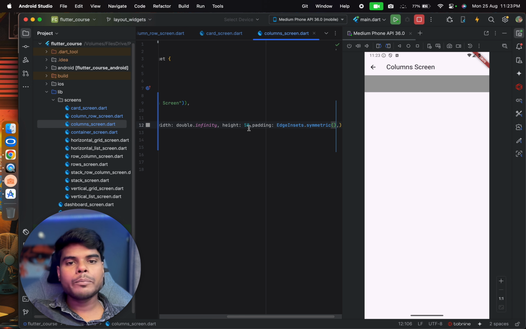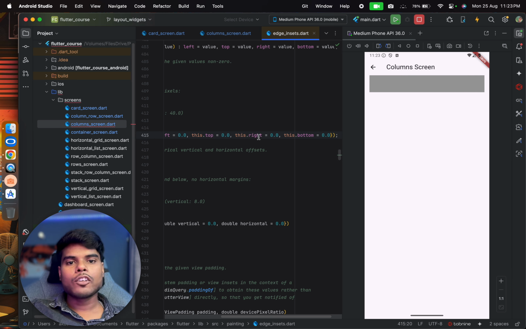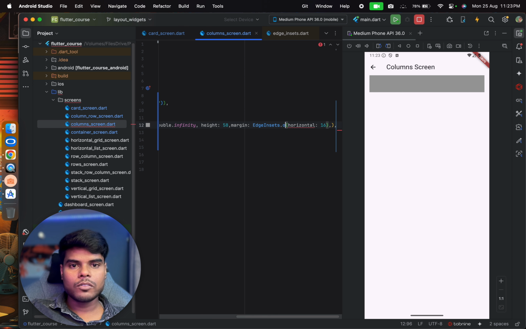Now we have another option for the padding. We can give padding from all sides or just horizontally or vertically. If we pass the horizontal, it will apply the margin horizontally. Whenever we define margin or padding, we have a lot of constructors, like we can define from all sides, we can define either horizontal or vertical or both, or we can define each side separately. Like with only, we have the option where we have left, top, right, bottom, so we can define that also. So here we want to use the horizontal